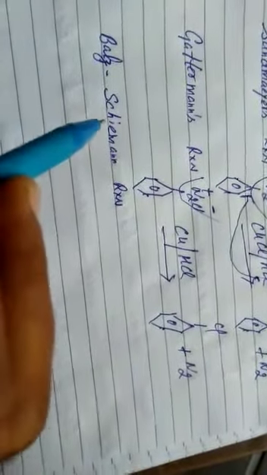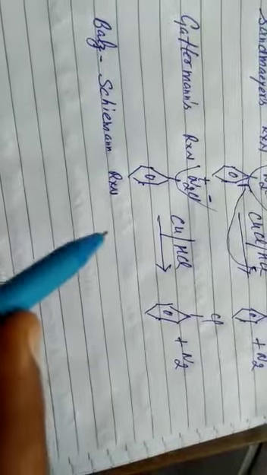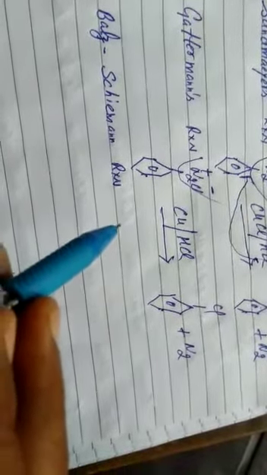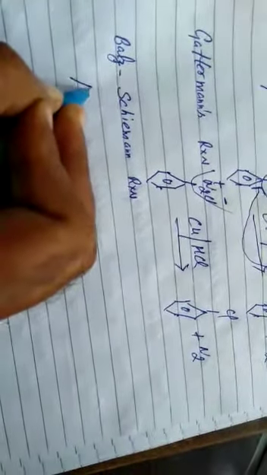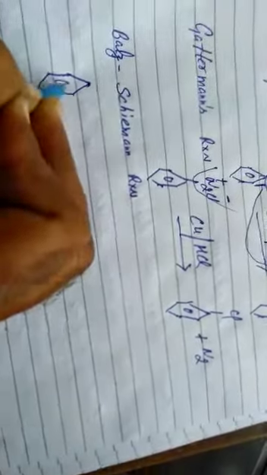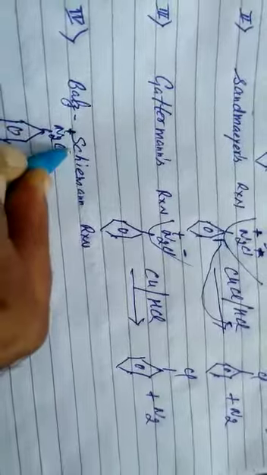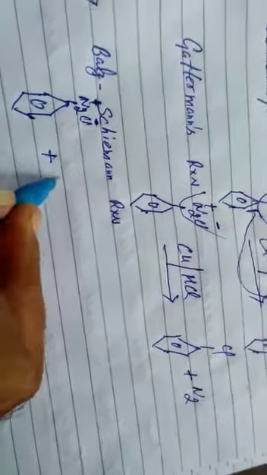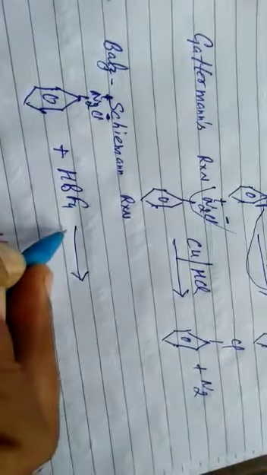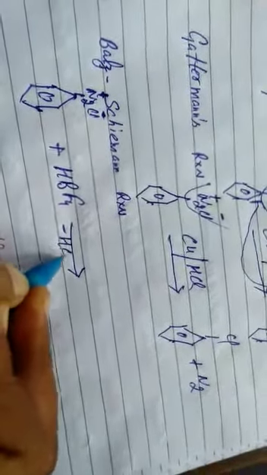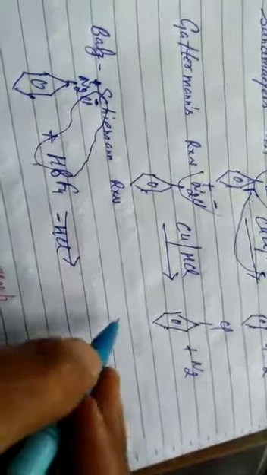After this, the fourth one is Balz-Schiemann reaction. Students, in Balz-Schiemann reaction, the diazonium salt is converted into fluorobenzene. Means in this reaction, fluorobenzene is prepared by treating diazonium salt with fluoroboric acid. Yesterday we have done. We are doing the reaction of diazonium salt, mention charge, with fluoroboric acid. What is fluoroboric acid? HBF4. It is a two-step reaction. At first what will happen? It leads to the elimination of HCl and gives diazonium fluoroborate salt as intermediate.